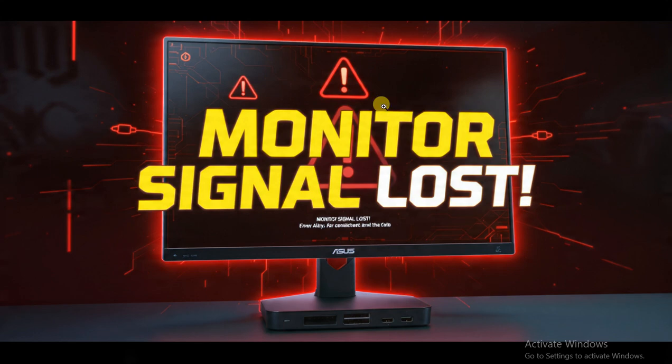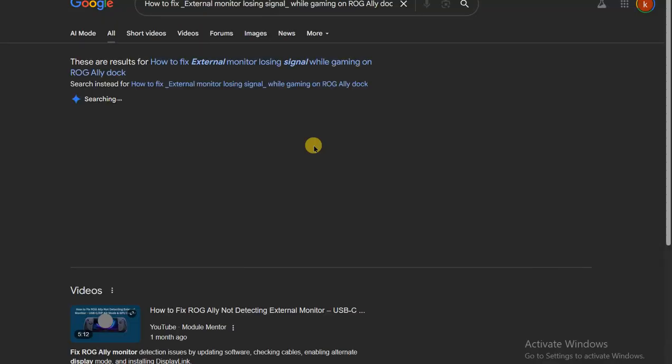Stop guessing on why your external monitor is losing signal while gaming on the ROG Ally dock. This is exactly how you beat it without failing once. Most other tutorials are confusing or just plain wrong because they tell you to replace your HDMI cable and walk